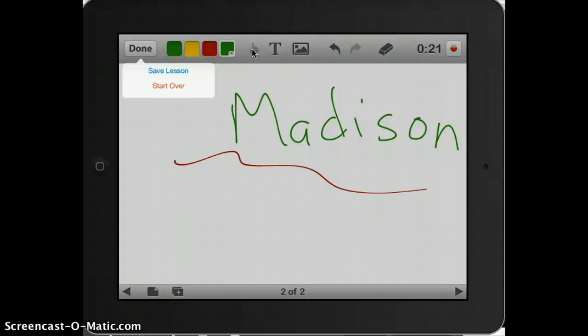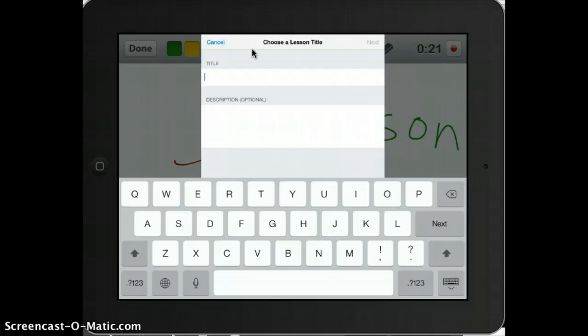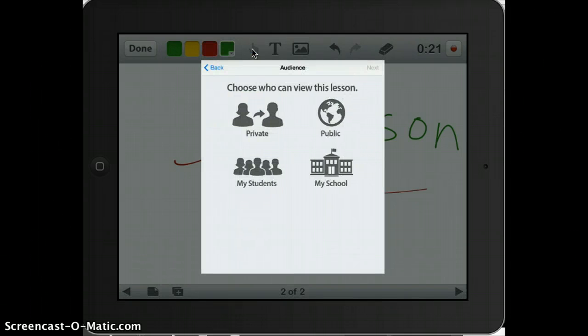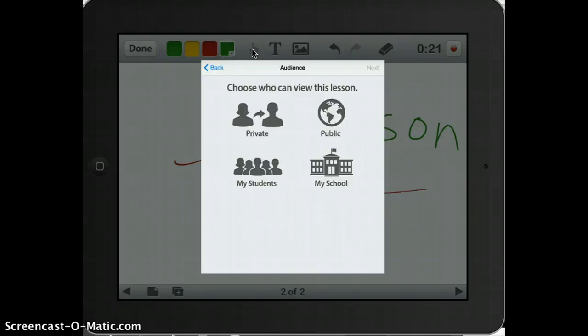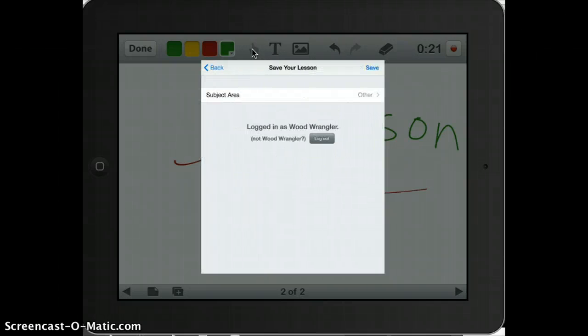Educreations does have an account that you can set up through them, and what it allows you to do then is to access all your videos on another device if you go to Educreations and to your account. So I'm just going to call this one baseball. The description's optional. I'm going to click next. So I can make it private, public, or my school. If I click back, it takes me here, and I'm going to choose public in this case,